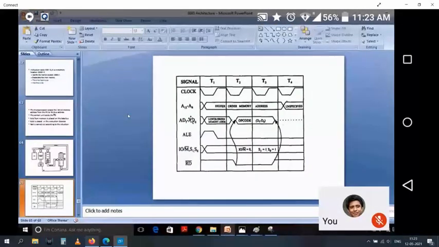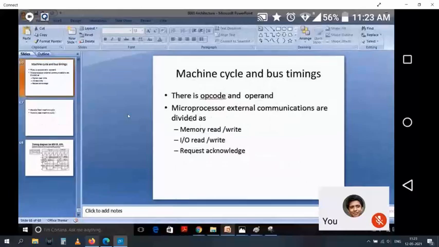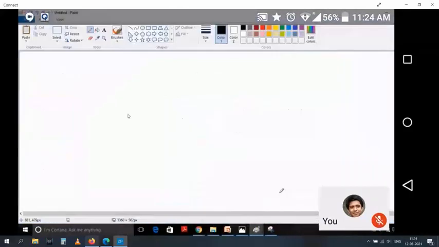Okay, so it goes there. Now, if in case it has both the opcode and the operand, till now we saw that it has only the opcode. We just fetched the opcode. But there has to be an operand also, like if I am doing MVI B, 32H, we saw opcode and operand.